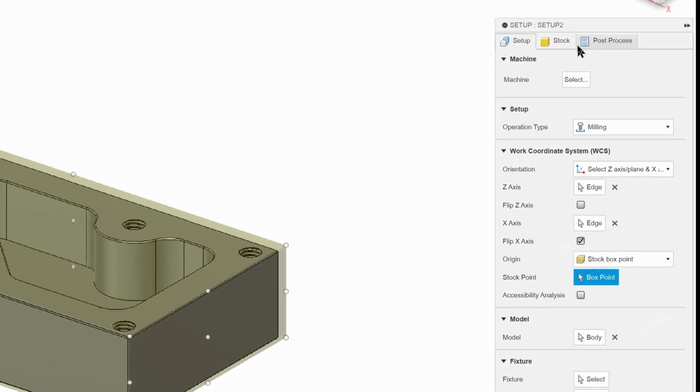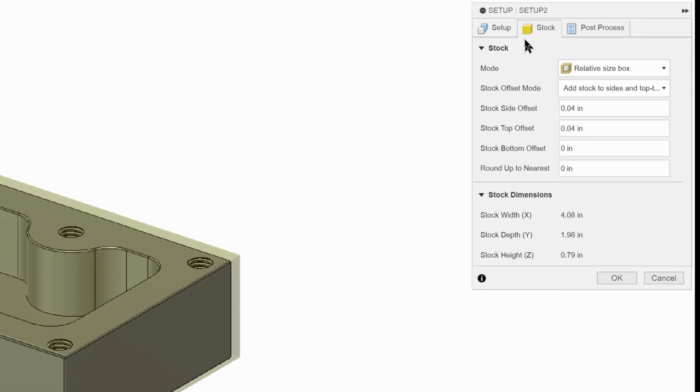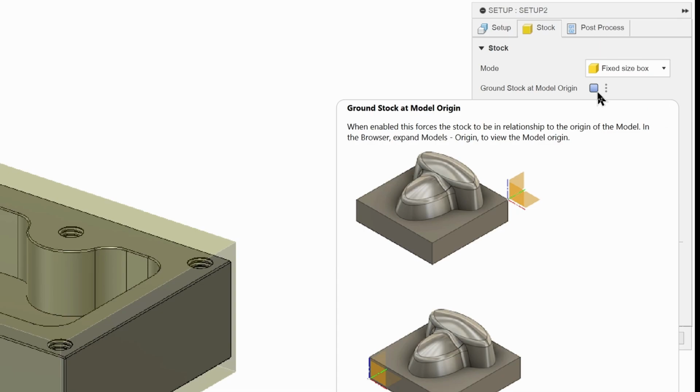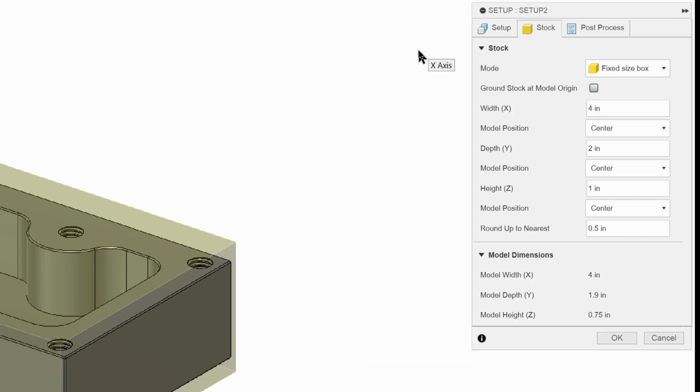So now we'll go to stock, and we'll set up our stock. Right now it's set up to the relative mode, where it's going to add a little bit of material to all the sides that have material set. So sides and the top. We're going to change this to fixed stock because we have a fixed piece of material. You're going to cut a piece of material, and you should cut it to 4 1/8 because we want a little bit of material. So 4.125,